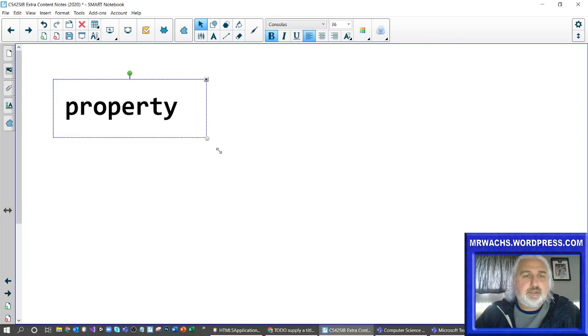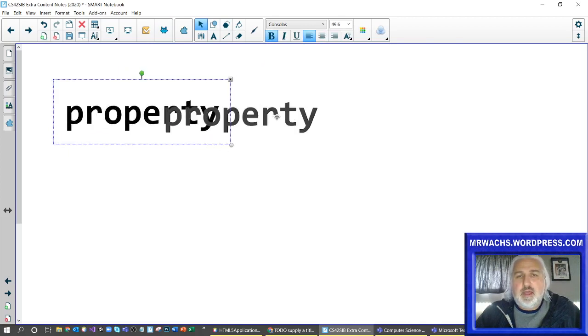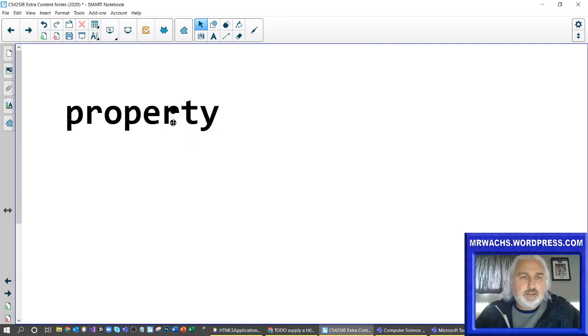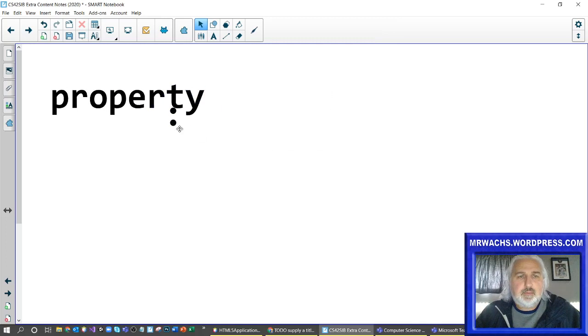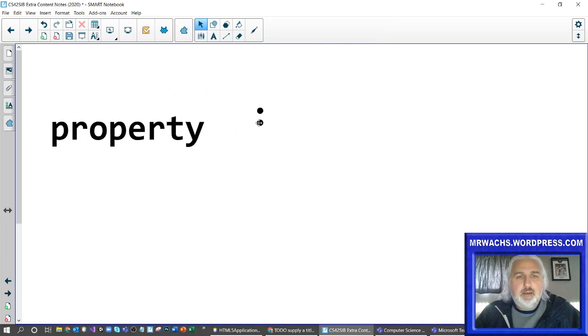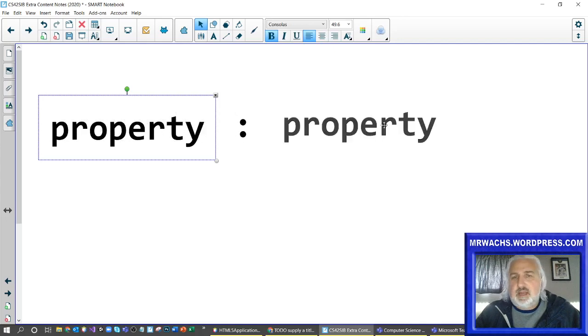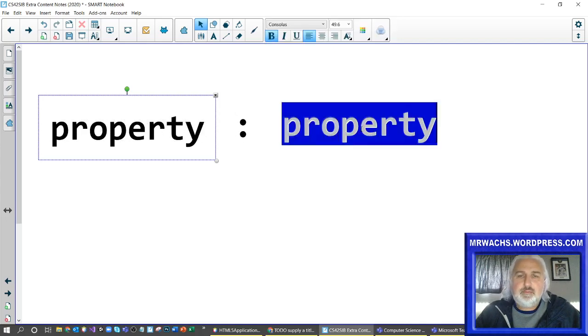So property goes here, then a colon. Okay. So property, and then a colon, and then over on this side you have a value,